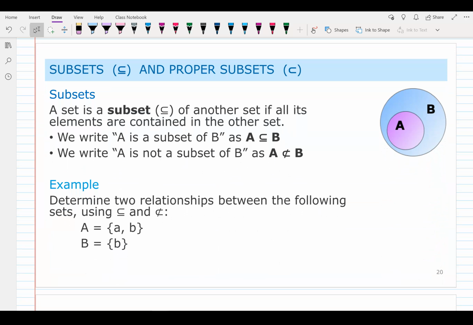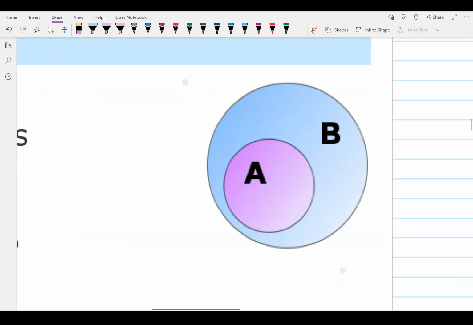Now this is a nice topic, sets and subsets and proper subsets. And I've put a little diagram here, and if you understand the diagram, it should come pretty naturally to you what we're going to talk about. Essentially what it means is if we had, for example, the set B, which has elements in it, who knows what it is, it could be all the colors of the rainbow, and maybe set A is all the shirts you have in your closet. Maybe you only have red and blue shirts. Well, for example, red and blue shirts could be in set A, but all the other colors of the rainbow,